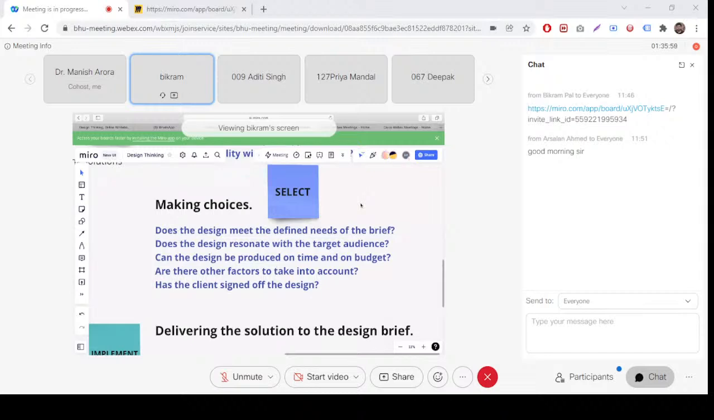Also, the selected design typically closely meets the design brief or a significant part of it. For example, if you are going for a particular design which doesn't suit the design brief, then we can do some